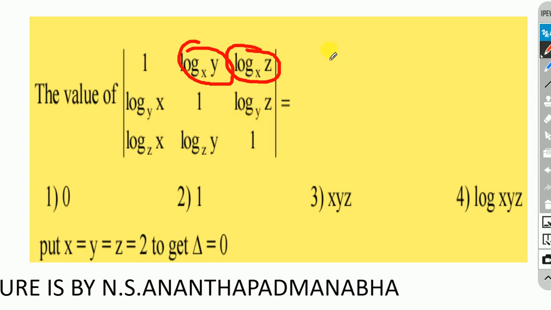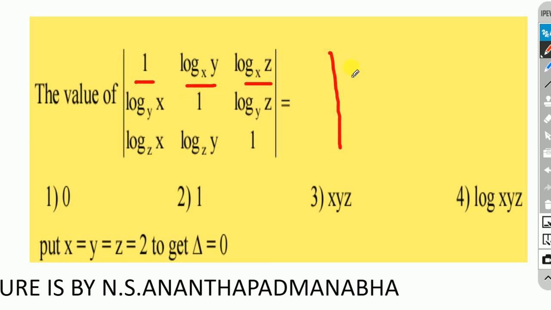So I have 1 0 0 here, and this becomes 1, log 1 which is 0, 1 and 0, and this is 2 to base 2, log 1, log 2 to base 2. Logarithm of any number to its own base is 0. Sorry, I made a mistake here. Here 1, log y to base x, log z to base x.